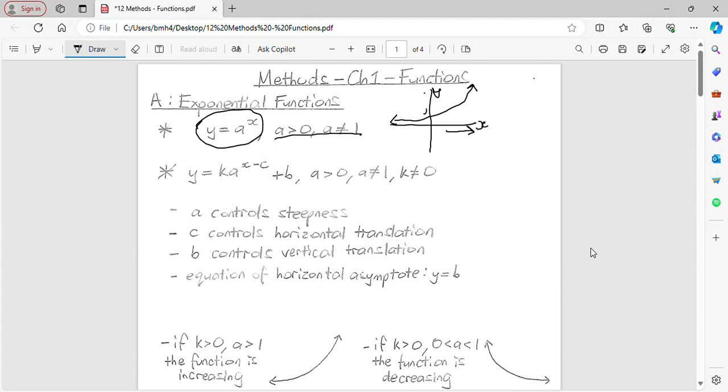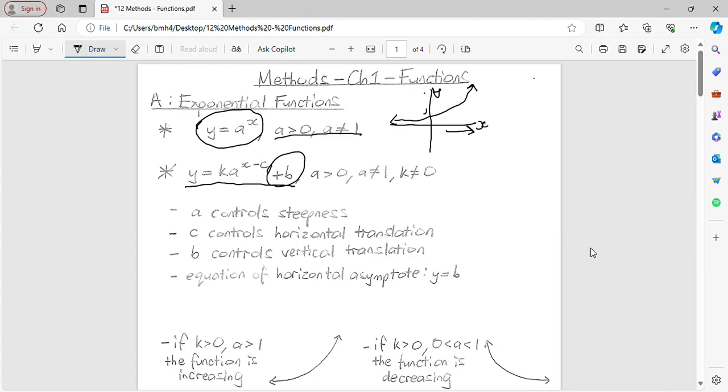exponential that we have. We can have other exponential functions in this form, the general form. So when we've got more letters involved, it just means it alters this graph basically in different ways. So b, a number that we add or subtract on the end, either raises or lowers the graph. So if b was 1, this graph would be lifted up 1 unit. Every point on the graph would be lifted by 1 unit,